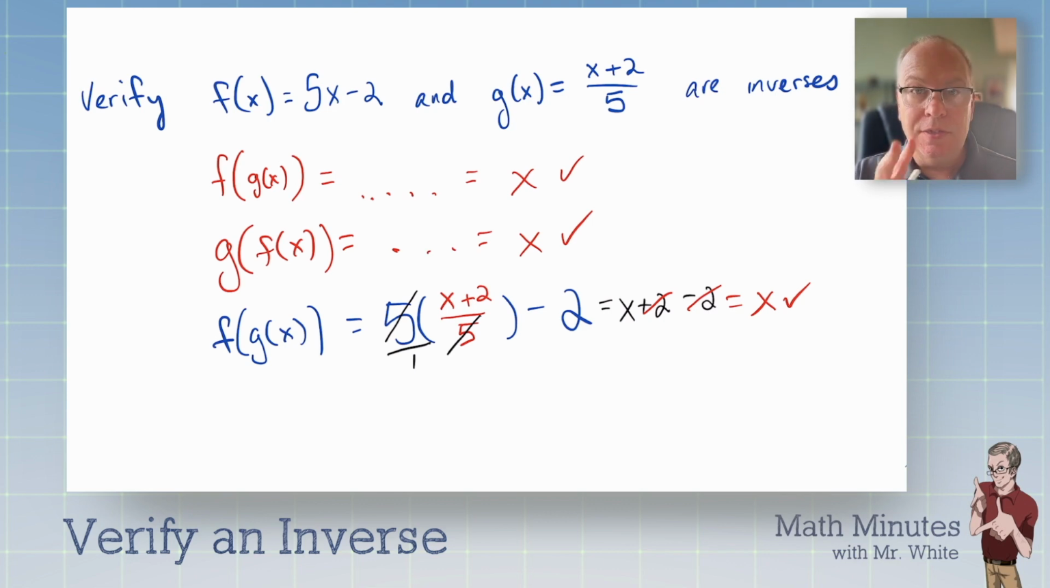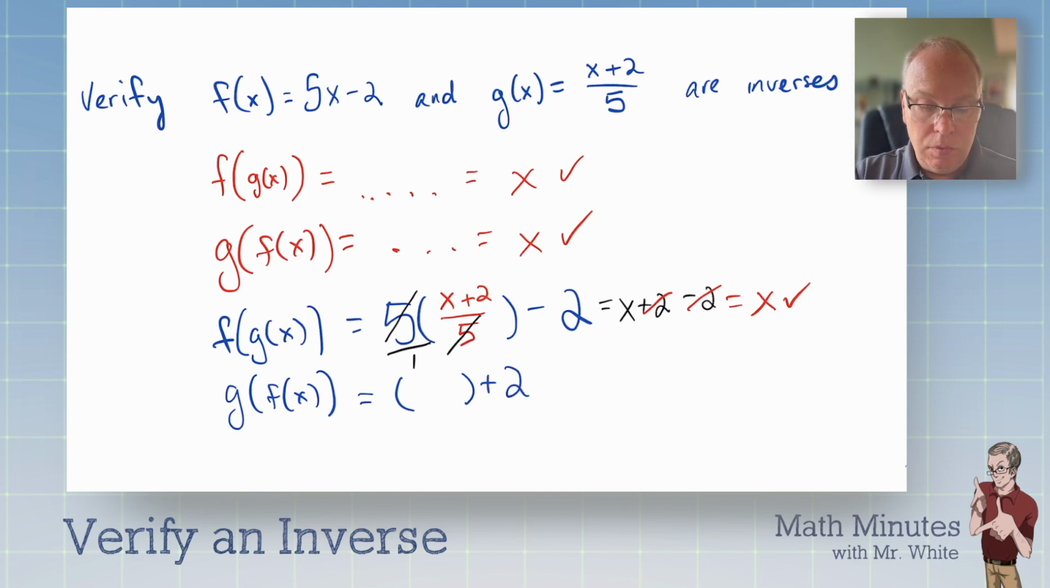Now, we got the second part. A lot of students forget to do the second part. So g of f of x. So the g function is input plus 2 all over 5. And what are we putting in there? We're putting 5x minus 2 in there, and the parentheses are actually optional, so let me just delete them at